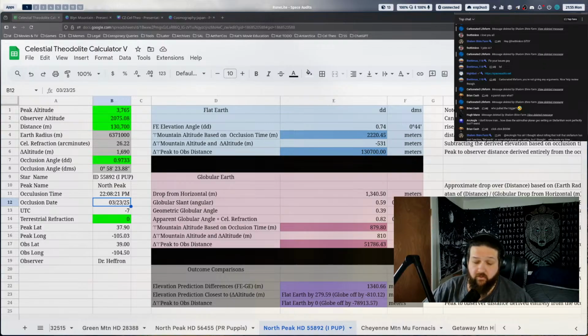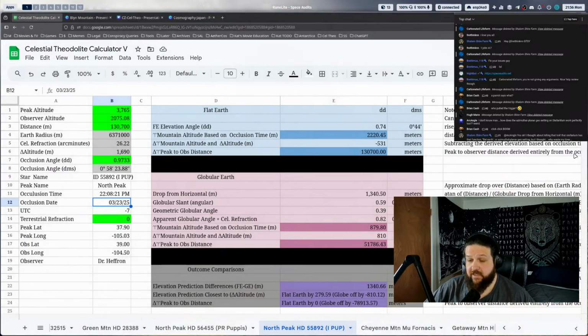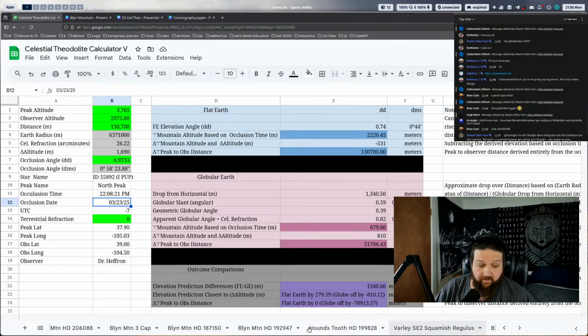Going here, going there with the theodolite, don't care. I agree it's going to be different. There's a drop. Yes. What we're trying to see is, is that drop physical? If it's physical, then that's going to result in a different time. If it results in a different time, then that time would match what the globe predicts, and it doesn't. It matches what a flat Earth predicts, and when we go to backwards derived distances and elevations based off of that, the globe loses every single time in every scenario at any distance, and we're more accurate.